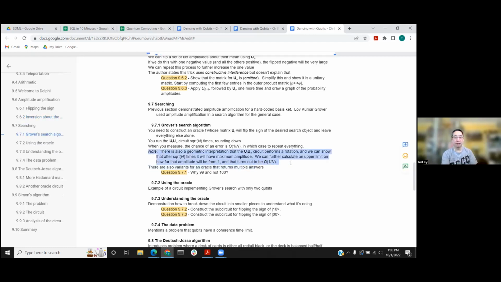I have a note here. Reading elsewhere, there is a geometric interpretation to this oracle inversion about the mean circuit. And that geometric interpretation is that it performs a rotation. So if you think about the case where you have exactly one answer, the desired state, like I said, we have these 16 of them,